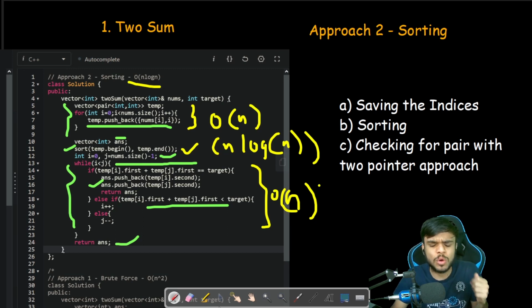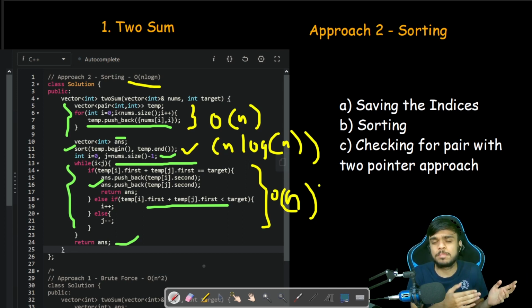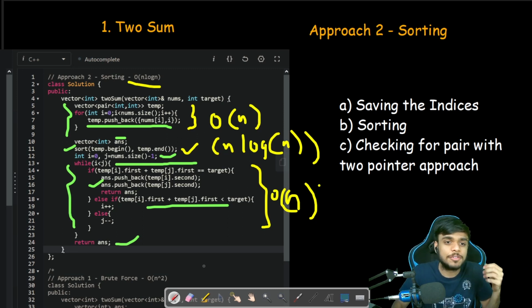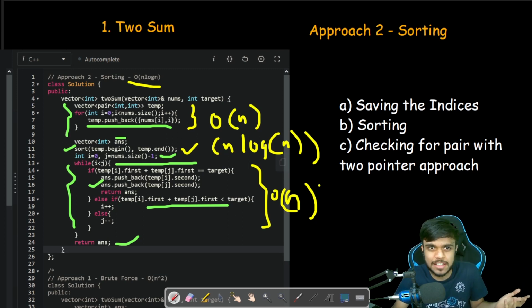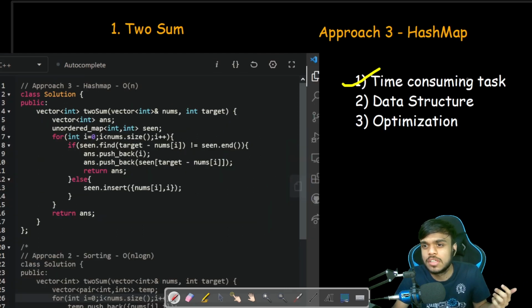Okay. Now, what was the reason that we did sorting? It was basically for doing a lookup. Let's say we are on any particular array element, let's say we are on 2 and our target is 9. So we just wanted to check in our array: hey array, do you have any number which adds up to 9 with the 2 that I have? That is, if you have 7, array, do you have 7? If you have 7, then give me. That is, we were just looking up in our previous array if we have seen that particular element. So the lookup was the only time consuming task, and in the previous approach we did it by sorting.